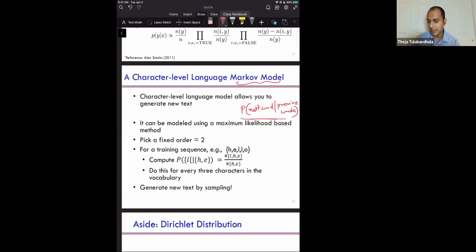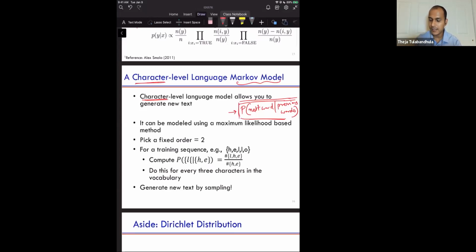So some object, maybe it's a function, maybe it's a machine learning model, whatever it is, should be able to do this, which is to say, if you see these three words in a sentence, what is the likelihood of the fourth word being something? That's what a language model is. Whether it's a character level model, character just means at the level of the alphabet, you can have word level language models where the previous things that you see are previous words, or you can have a character level language model where the previous things that you see are the previous alphabets. A character level language model makes sense when you're forming